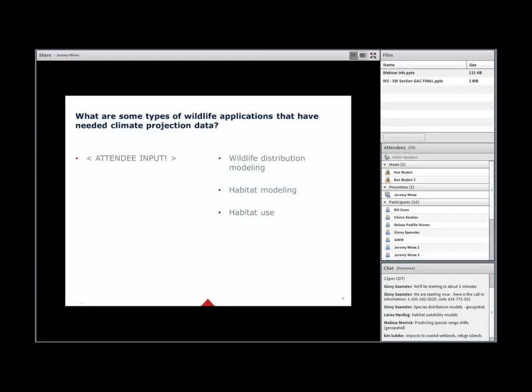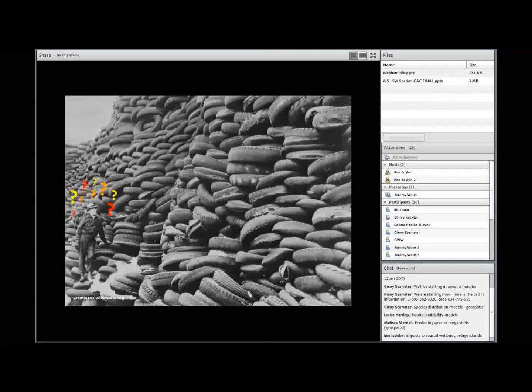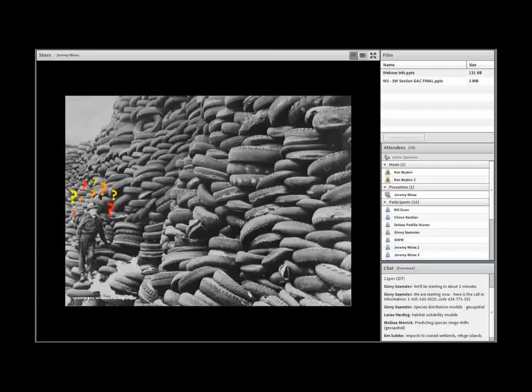With those types of examples, it's pretty clear that a lot of us have a pretty well-defined need to use climate projection data. So let's go ahead and start digging into some of the details on that. The picture here denotes something where I wouldn't be telling the truth if I didn't say that there weren't days when I felt like the gentleman here in the lower left of this picture.